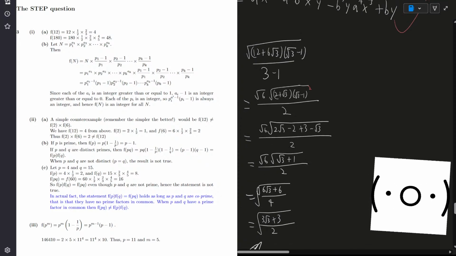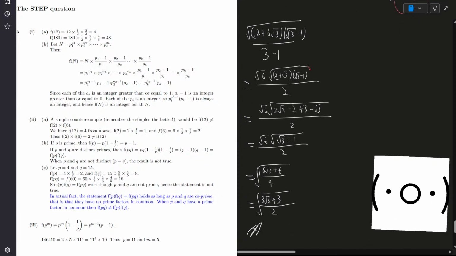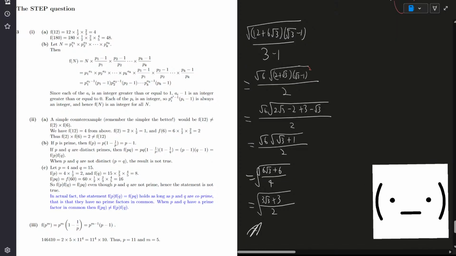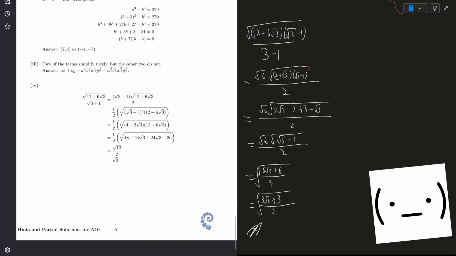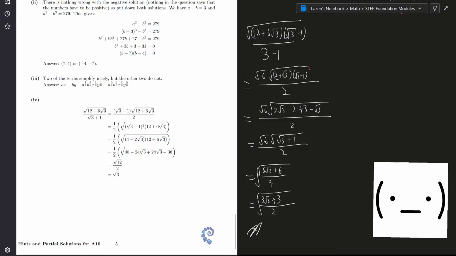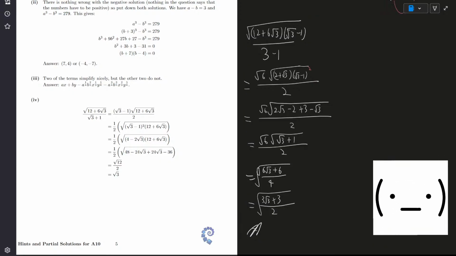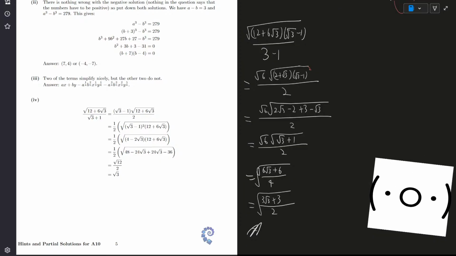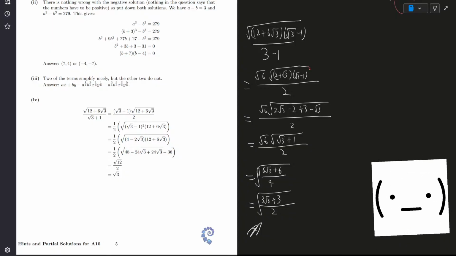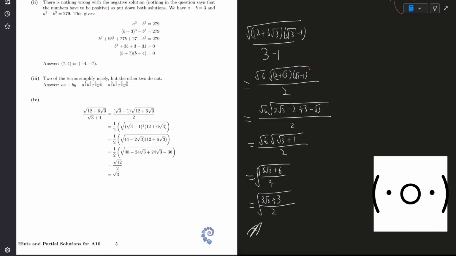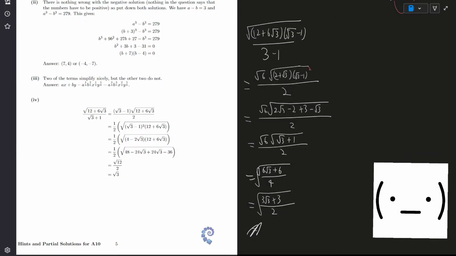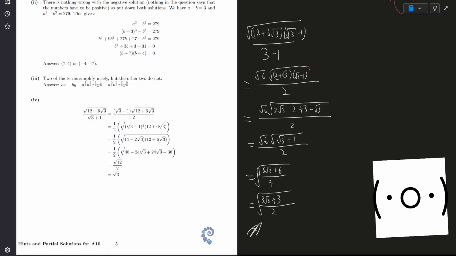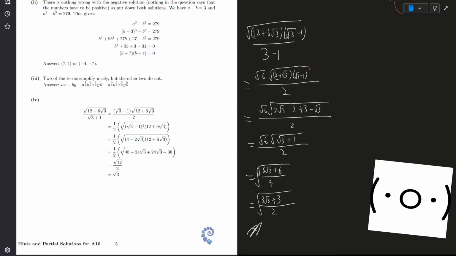So let's go fuck this question up again. Yay! Oh, that's just a lot of algebra, isn't it? No, I'm not doing all that. Right. So that's this problem. I messed up a bit of the algebra. Most of the proof stuff was alright, but then of course I wasted too much time on it. So yeah, oopsie doopsie. I guess this kind of stuff does show up on paper too a bit, so oopsie doopsie again. My goal is to complete 10, 11, and 12 today, so I guess we will be seeing each other